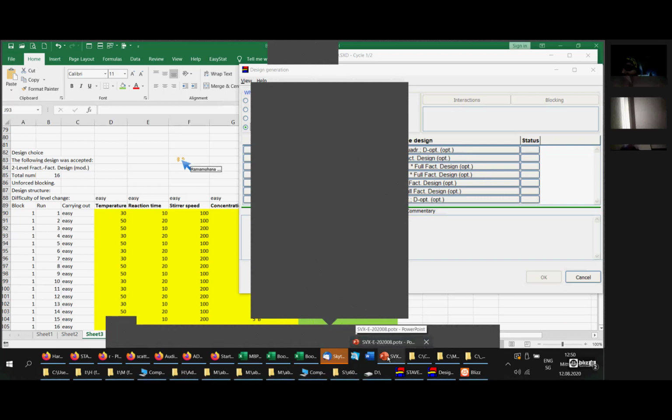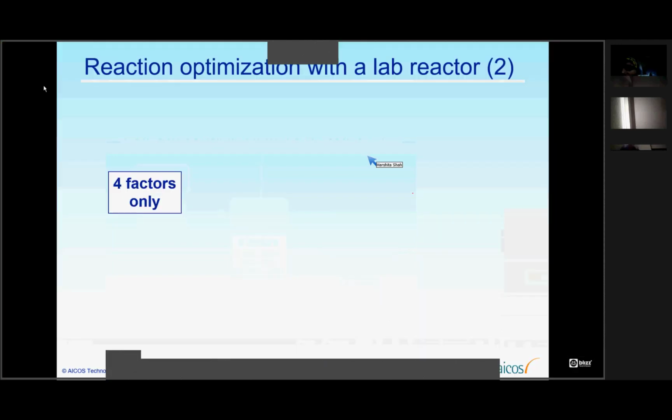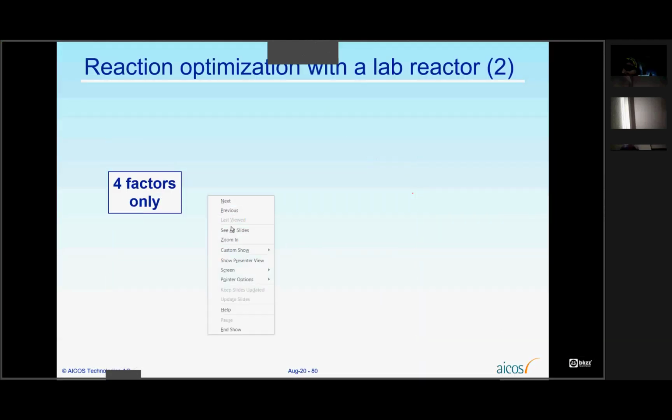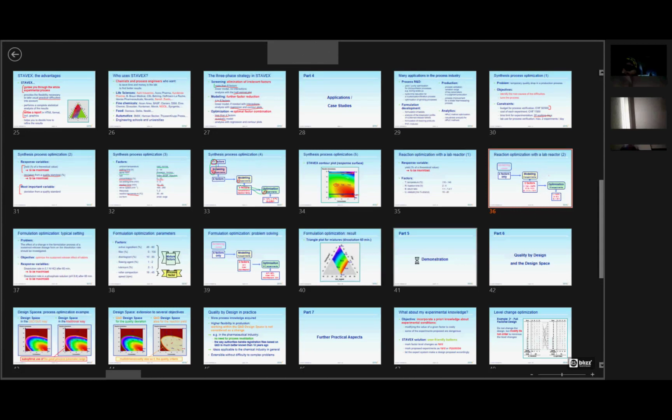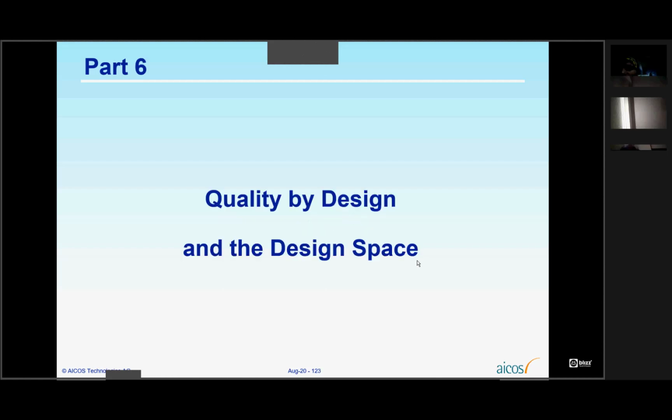So actually, the presentation of the slides is well advanced. What we have, let me start it here again. So we've seen that already, and we had the demonstration as well. So what I'd like to show here further to this is how this can be used for quality by design and the design space. What you've seen in the software demo is actually that you can